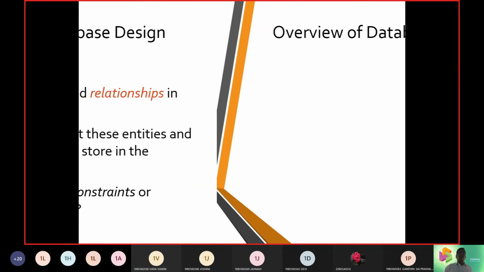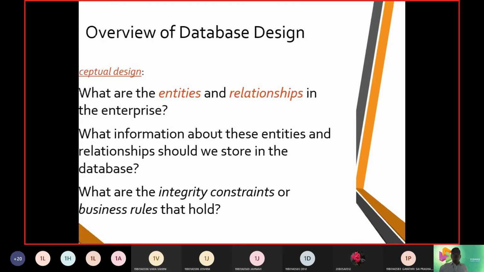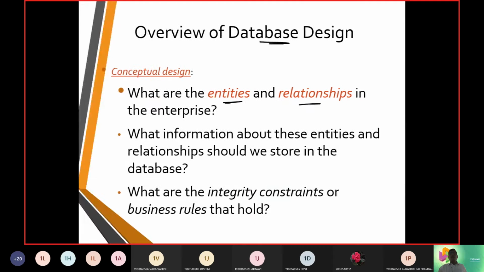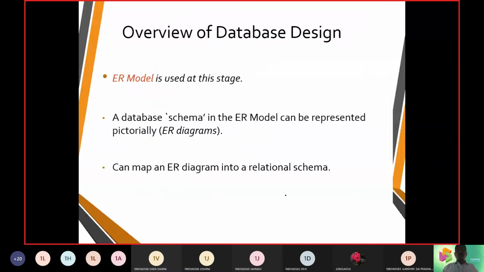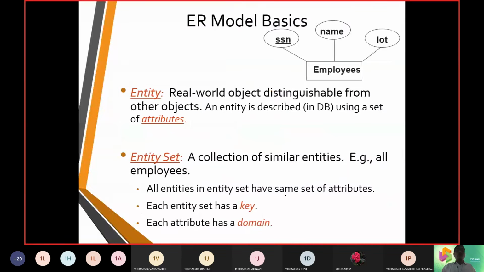Now, there are databases with entities, and there are databases where we need to provide integrity constraints. So how are we going to take this forward? We are going to take this forward with attributes such as entities and entity sets.